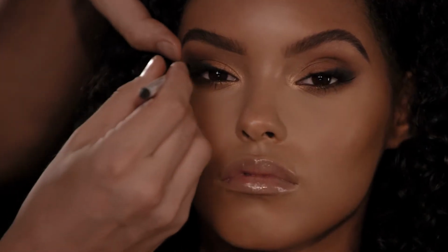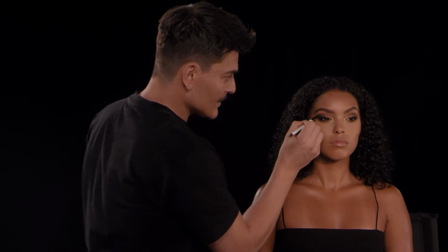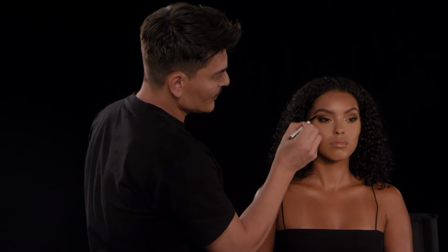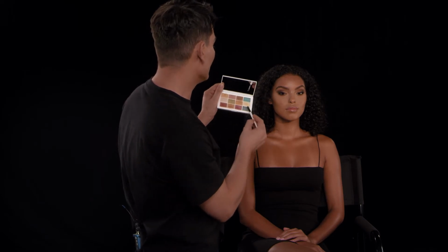And what I love about this pencil is that, if you can notice, I'm still blending it and it hasn't gripped completely yet and stuck. But as soon as I'm done blending this now, it's going to grip beautifully and it's gonna stay exactly where you put it. I'm going to take the Master Metallics now, and I'm gonna go with this beautiful, deep, sort